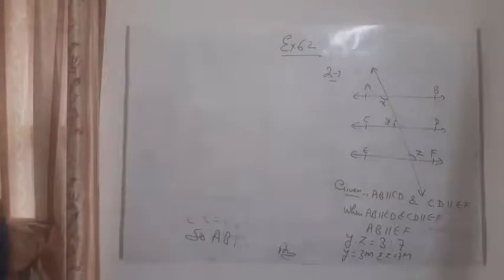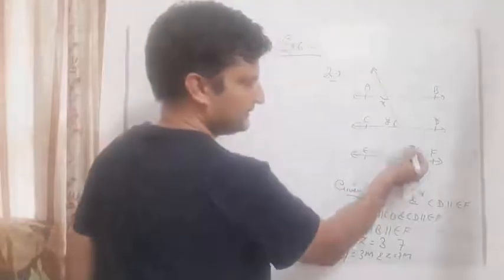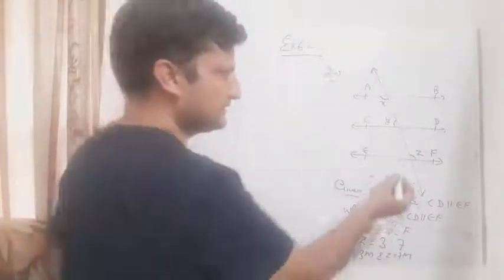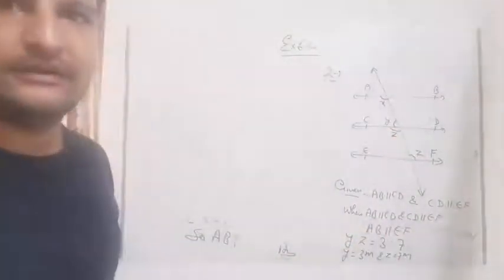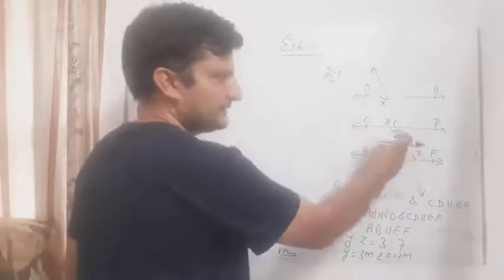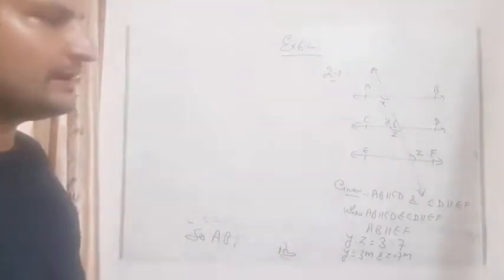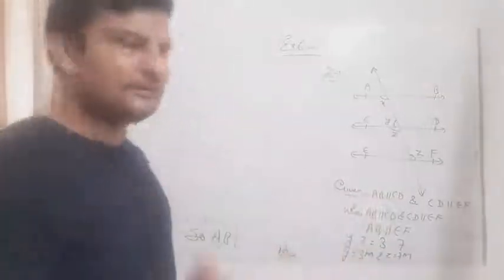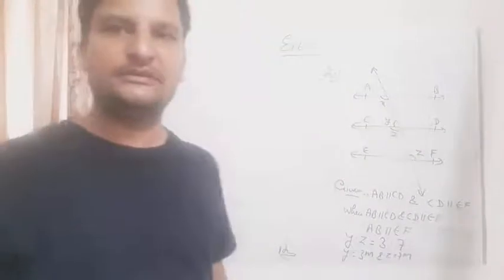So student, how can we find it? We can find it by any of the methods. Here we can say that this angle is z, these two lines are parallel to each other, it means this angle is also z, because it is an alternate interior angle. Now angle y plus angle z, what can we say? The value of y plus z is 180 degree, because it forms a straight line. We are taking this because it is given that y ratio z is equal to 3:7.